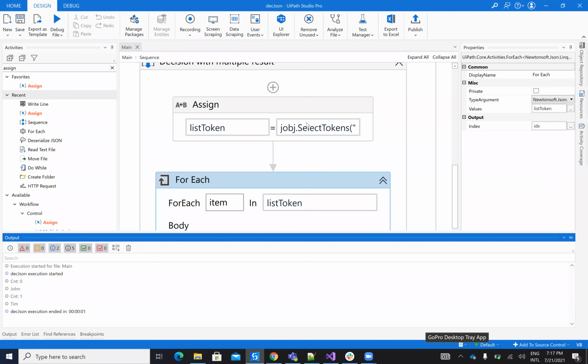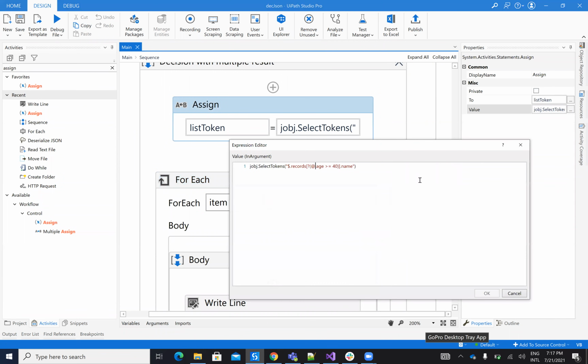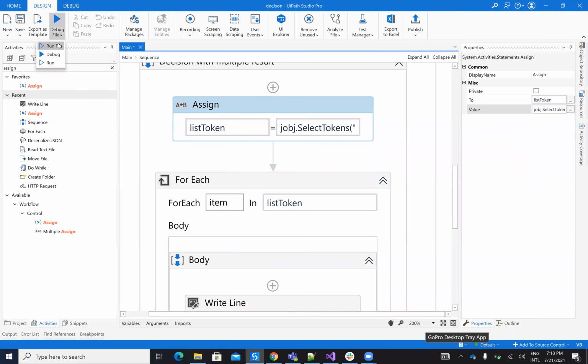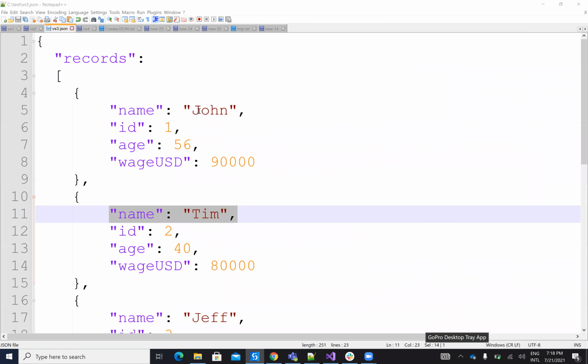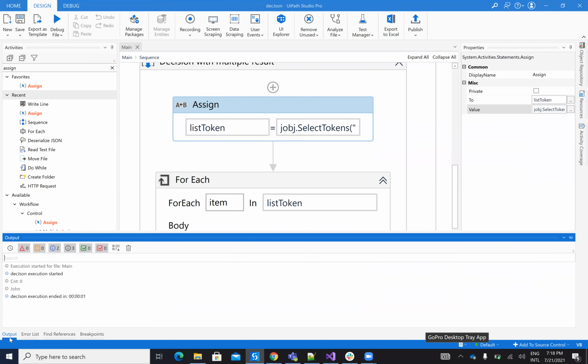If I modify this and say here, instead of age higher than 40, I put 42, the result will be only John, because only John is higher than 42.